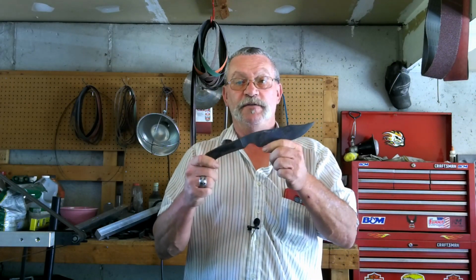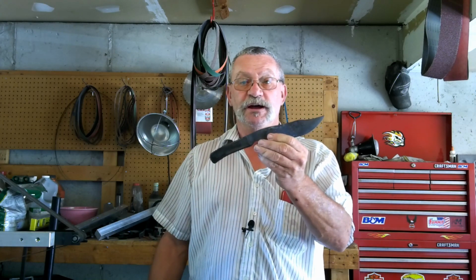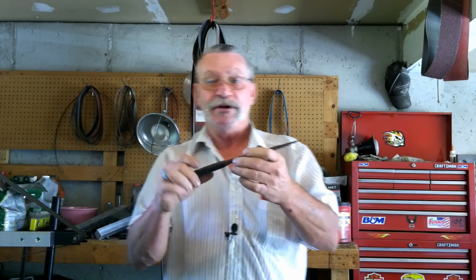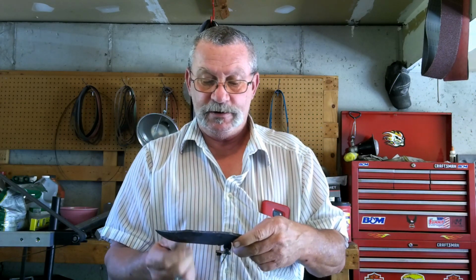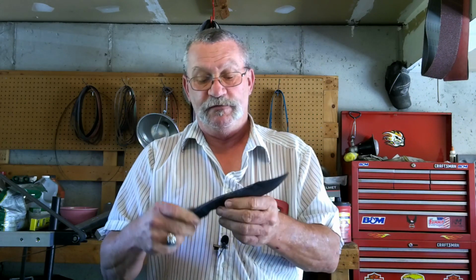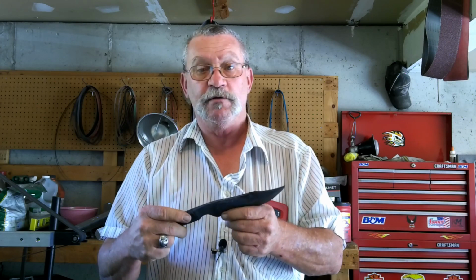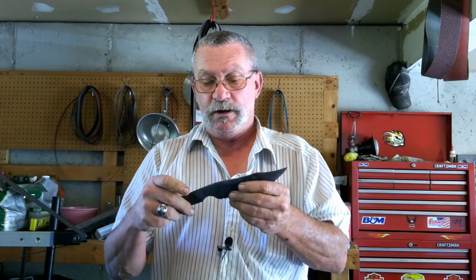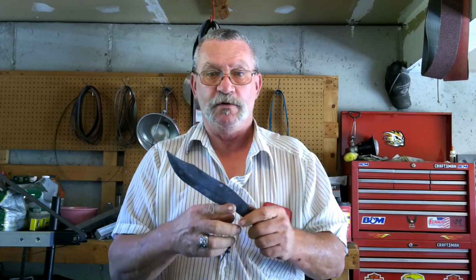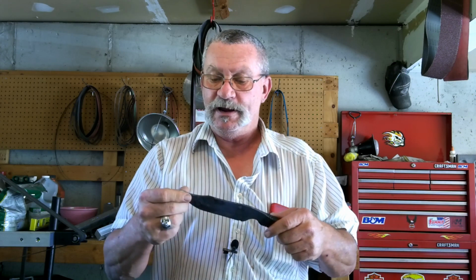When we last left off in that last video, we were working on this knife out of a pipe wrench jaw that I'm making for my brother, and we had forged the knife out and done our rough grinds. Well, I came back and did another complete video that was over three quarters of an hour long, where I went through the entire